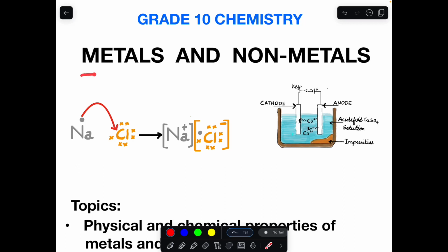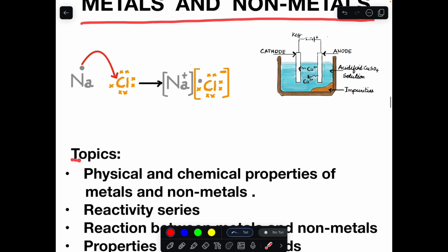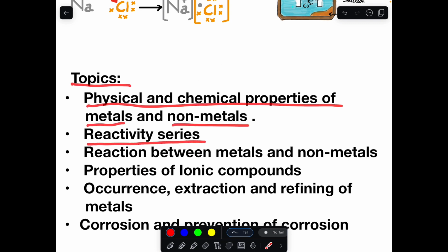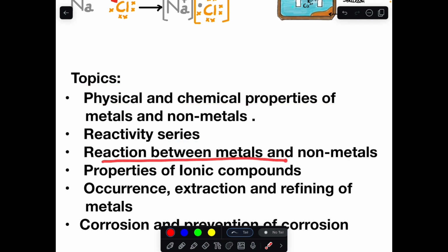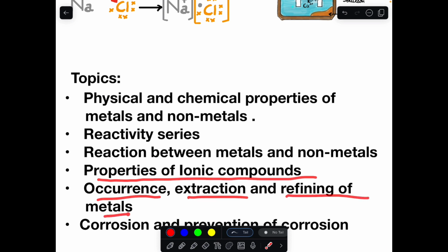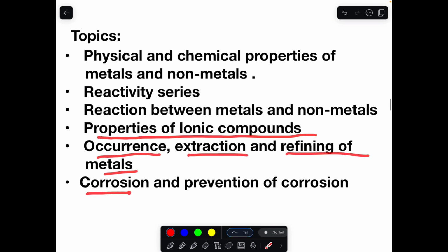Today we'll learn in detail about metals and non-metals, and we will be covering these topics: physical and chemical properties of metals and non-metals, the reactivity series of metals, and the reaction between metals and non-metals, that is, formation of ionic compounds, and properties of ionic compounds, occurrence, extraction and refining of metals, and the last topic, corrosion and the prevention